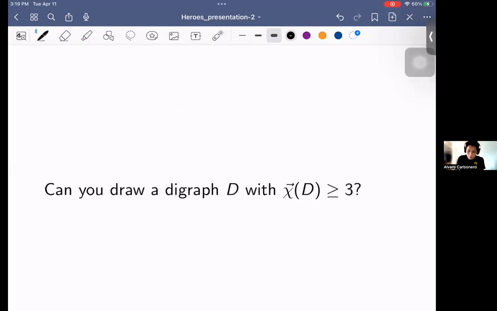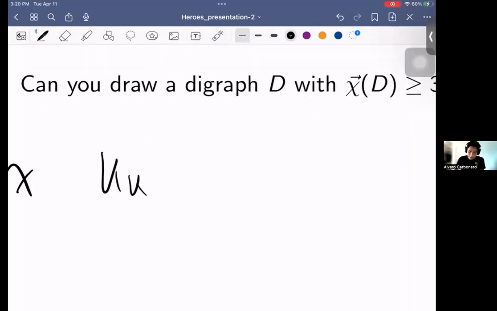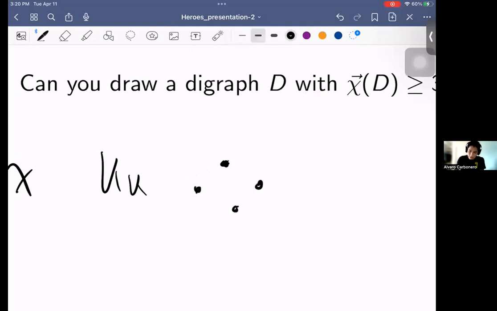It's very simple to get one with 2, you know, it's just a cycle. Any cycle will work. But dichromatic number 3 is actually not that simple. It's of course possible, as we will see in a second, but it's not as easy to get as one would think. With normal chromatic number, any clique on k vertices will get arbitrarily high chromatic number. So for example, this clique